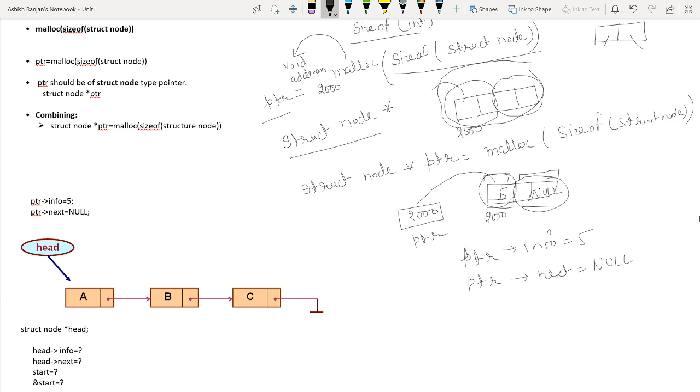So in the case of dynamic memory allocation, when you want to access the elements of the linked list, you have to use the arrow operator, not the dot operator, because the dot operator is used in structure or union, but the arrow operator is used in the linked list in order to access the blocks of the node. Okay,